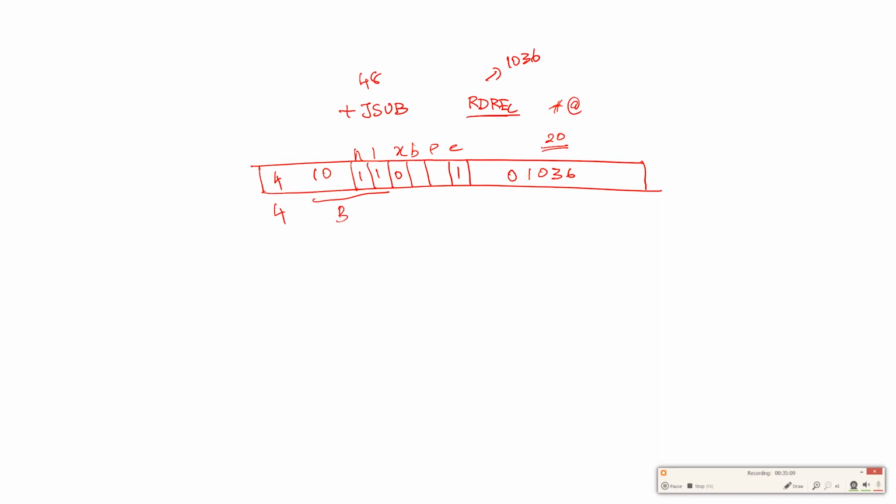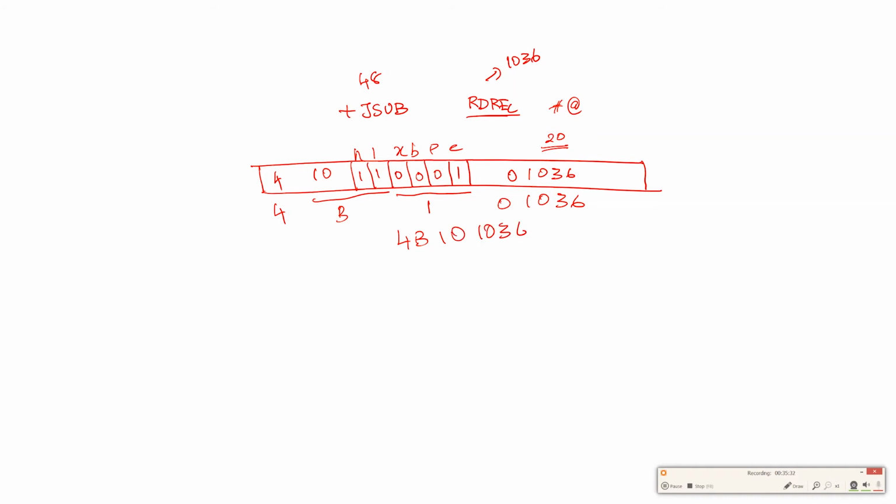So it is B. Then here we have not used program counter relative or base relative. So I'll combine this, it is 1 and 01036. So this instruction is converted into 4B101036.